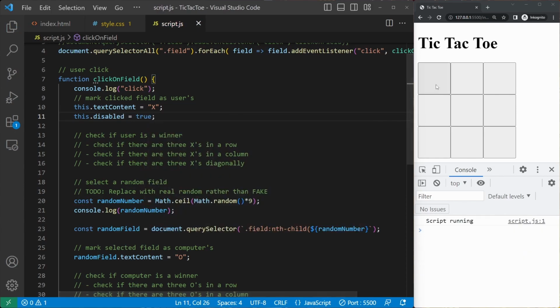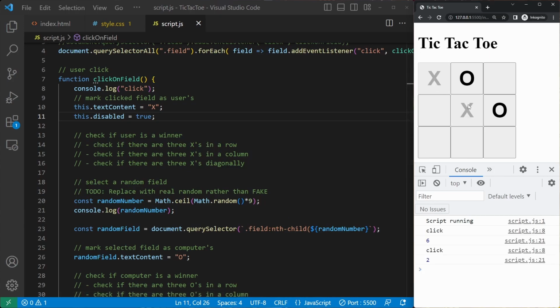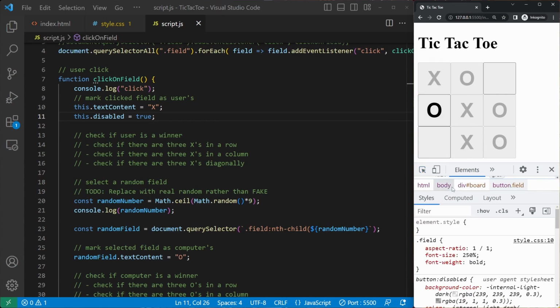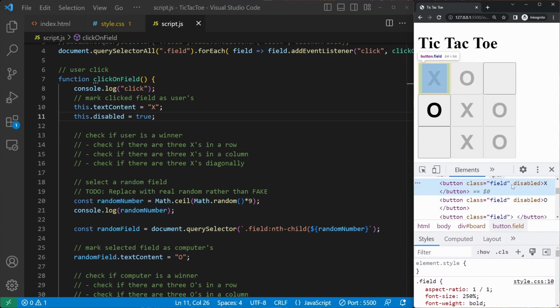I should be able to mark it as, yeah, now I can't click it. But I can still, and it can still take them. Can I select one that isn't disabled? I have no idea. It does have an attribute of disabled.